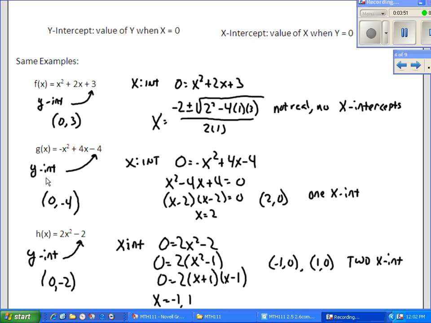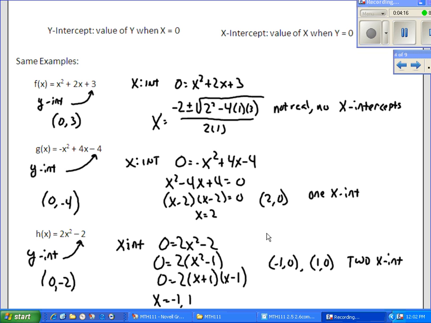For our second example, the y-intercept is negative 4. The x-intercept we can find by factoring. And notice, personally, I hate to factor when my leading coefficient is negative, so I just moved everything over to the left side of the equation, set it equal to 0. For me, it's much easier to factor that way. Notice we're getting identical factors here, so we're only getting one solution, (2, 0), and so we have one x-intercept